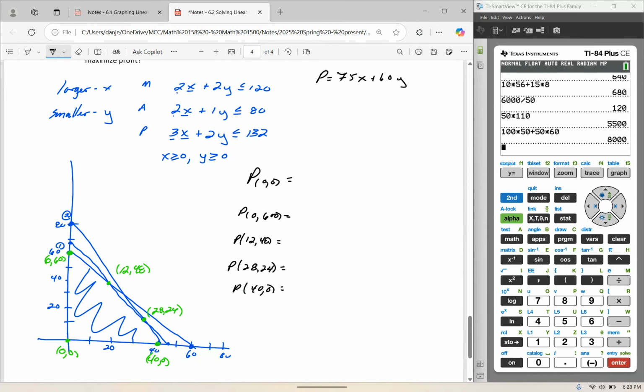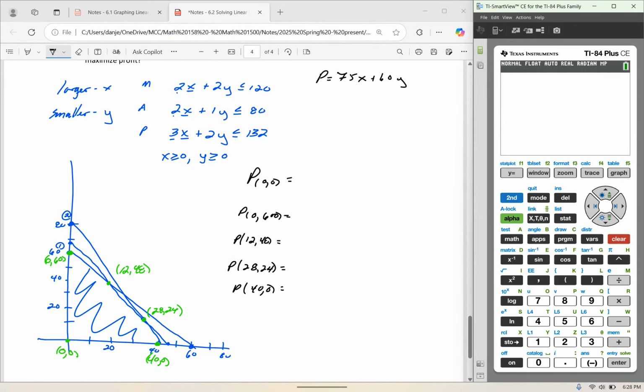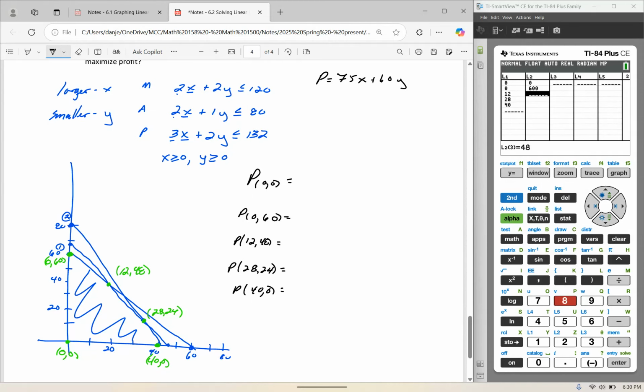One more thing I want to try to show you, another way to calculate these, I'm going to go to Stat, Edit in the calculator. I'm going to clear my lists. And in my L1, I'm going to put my x values, 0, 0, 12, 28, and 40. So notice I put the x values there. And in my y list, I have 0, 60. I apologize for copying that incorrectly. So that should be 0, 60, and then 48,